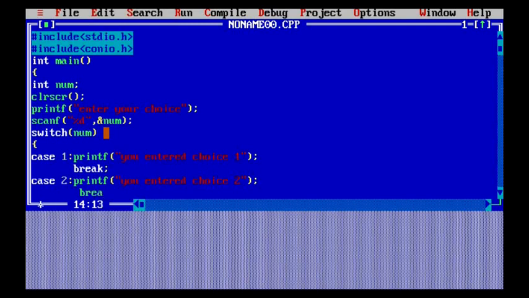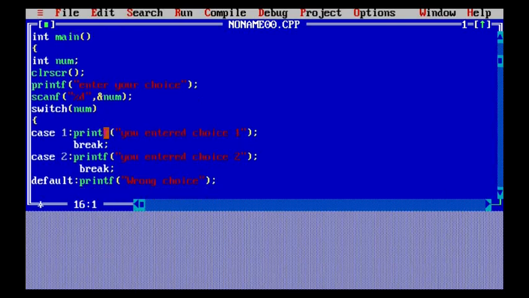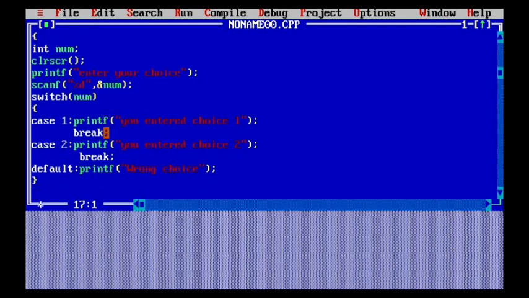After you define some cases, we have a default case, because if none of the cases work, it will show the default case, that the choice entered by the user was wrong. So here I've just printed that the choice that you have entered is a wrong choice. After that I'm going to close the switch block, in which I had opened the curly braces. I'm going to end that switch block. After that, getch and return 0, so that all the content is displayed to you.